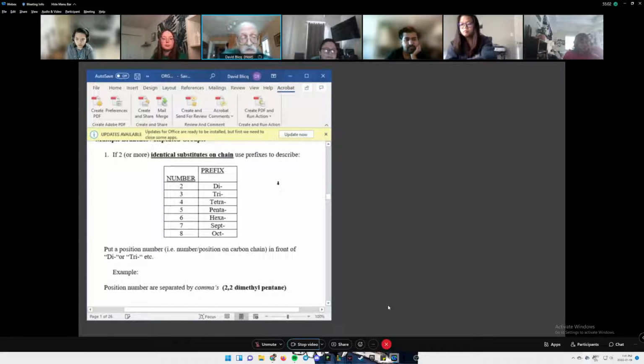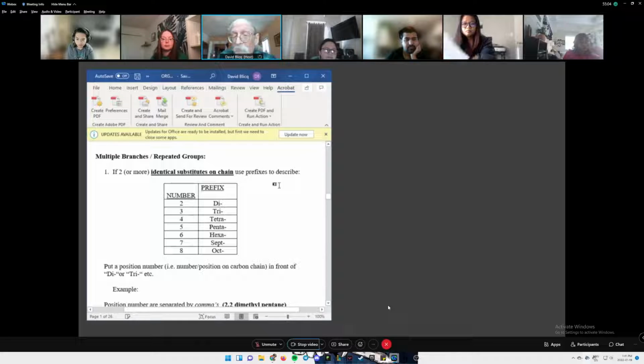Just to keep nagging, if that group shows up a bunch of times in a row, the same substituent, it could be a bunch of methyls, it could be a bunch of propyls, don't care. If it shows up twice, you say dimethyl. If it shows up 4 times, you say tetramethyl. If it shows up 8 times and it's in the ocean, you say